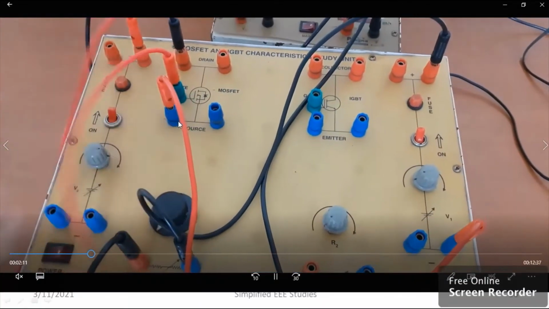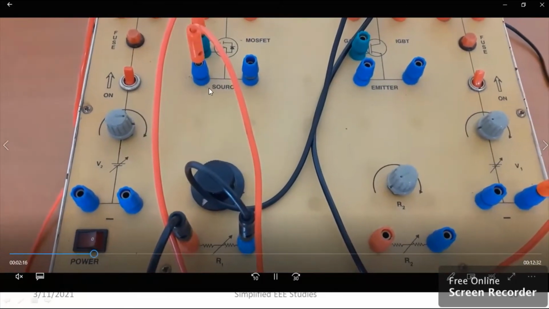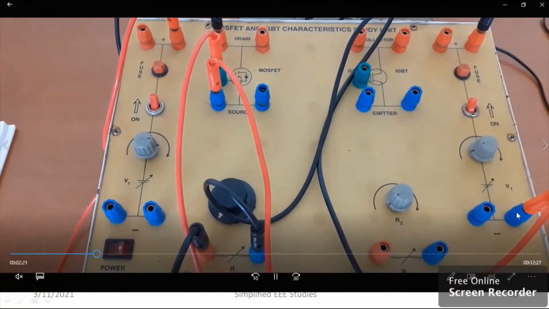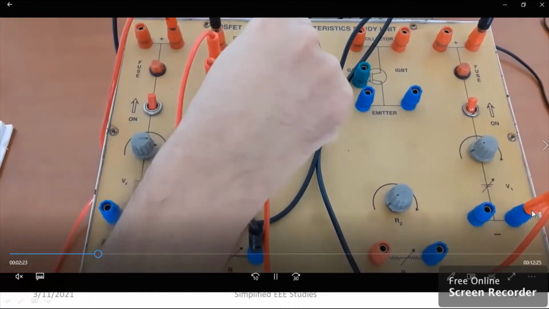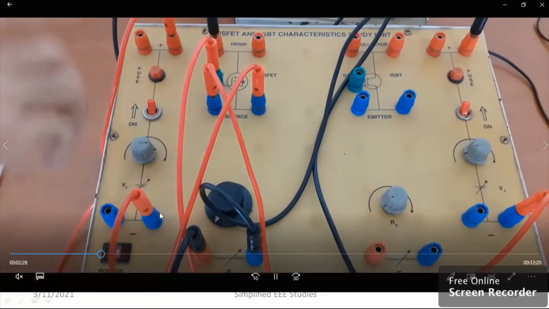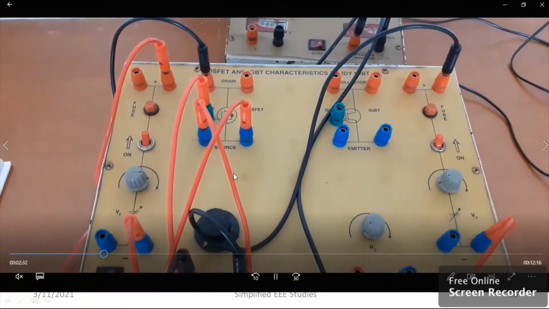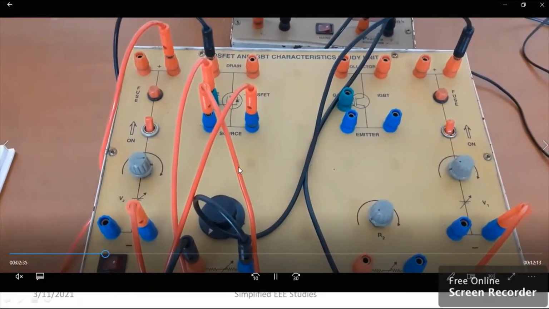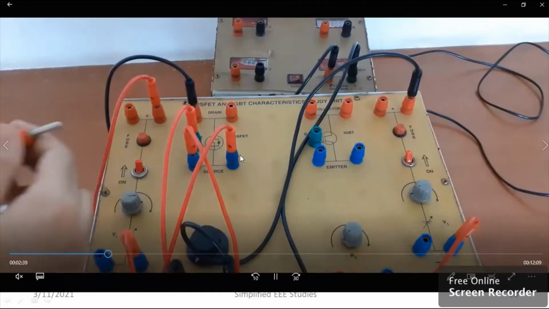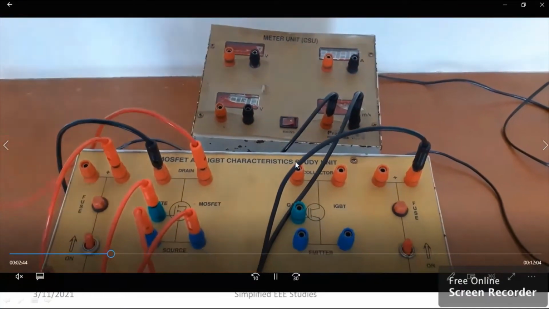Now let us continue the connections. The source terminal, we can see the source terminal. Refer to the circuit diagram first. Accordingly, you can do the connection. It should be connected to the negative point of V1. Source will be connected to the negative point of V1. Now another terminal should be connected to the negative terminal of V2. So we have done it as per the circuit diagram. That is required for your reference. First you can do the series connection, later you can go for the parallel connection.